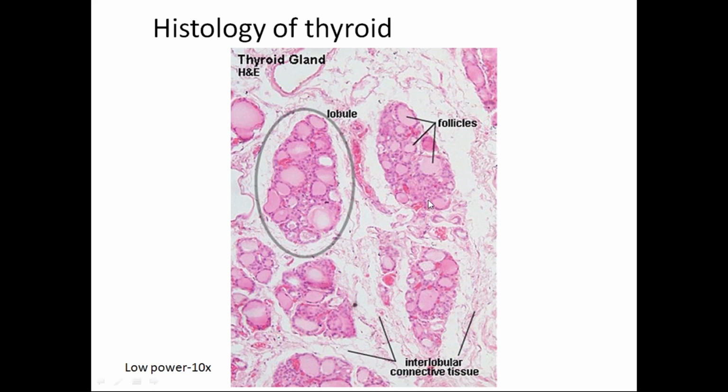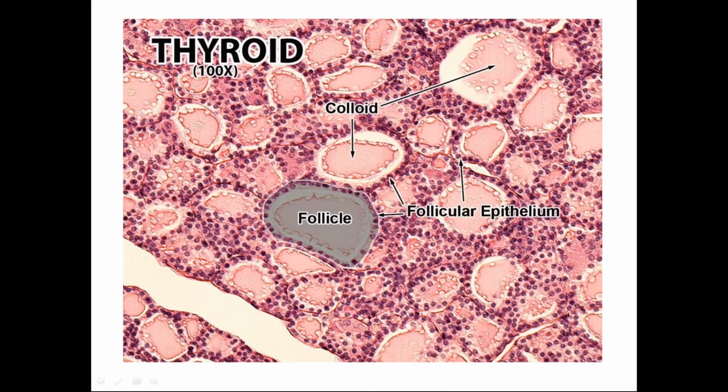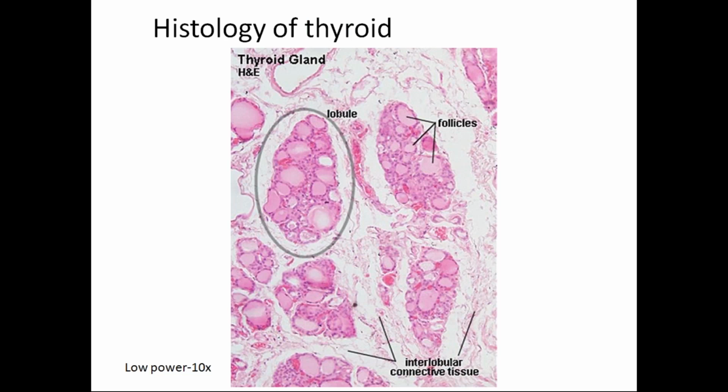So in normal histology, you can see these are all the lobules of thyroid parenchyma, and these lobules are separated by interlobular connective tissue. And each lobule contains variably sized follicles. All these are follicles of varying sizes, and these follicles are lined by low columnar to cuboidal epithelium, to tall columnar epithelium, and these follicles are filled with the colloid, and this colloid contains thyroglobulin hormone. So this is the normal tissue you need to keep in mind.